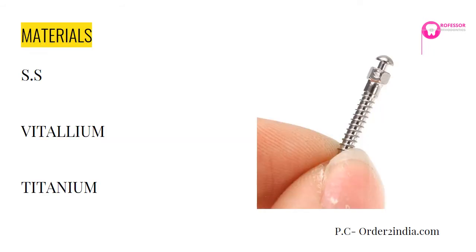Coming to this now, we know that not all materials have the ability to stimulate osteoinduction or osteoconduction, and high quality, there are different grades of stainless steel and titanium. They have the ability to stimulate osteoconduction, and stainless steel and titanium are most commonly used. Particularly titanium is used first of all to make sure that the material is safe to use as an implant, both prosthodontic and orthodontic. It should be biocompatible.